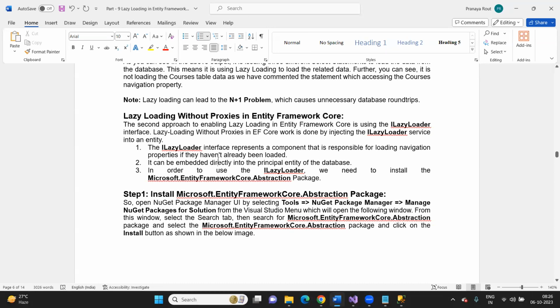If the navigation properties are not loaded already, then the lazy loader interface provides a component, a method called Load. Using that Load method, you can load the navigation properties. It can be embedded directly into the principal entity of the database, which means whichever is your main entity, inside that main entity you can implement this